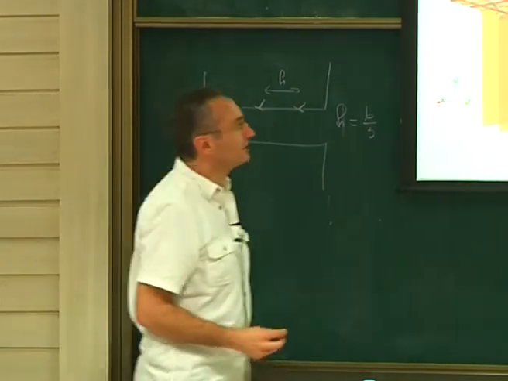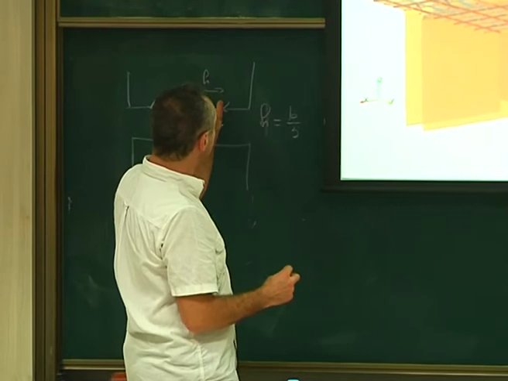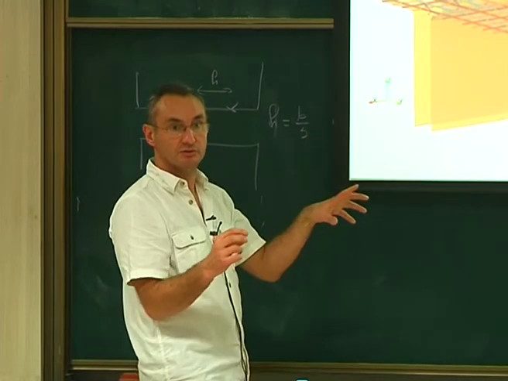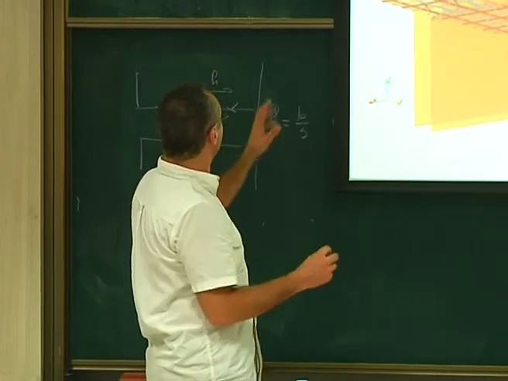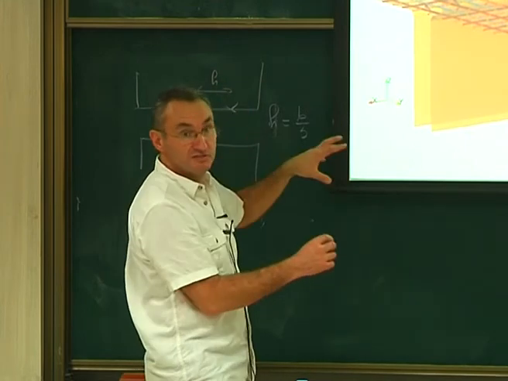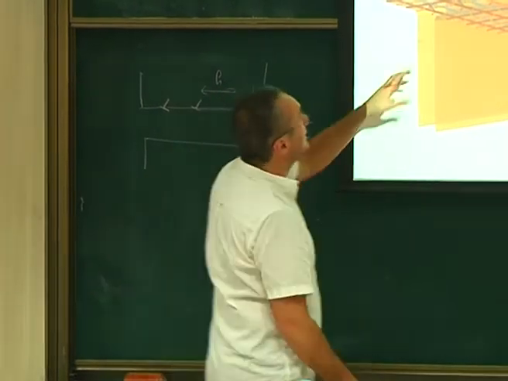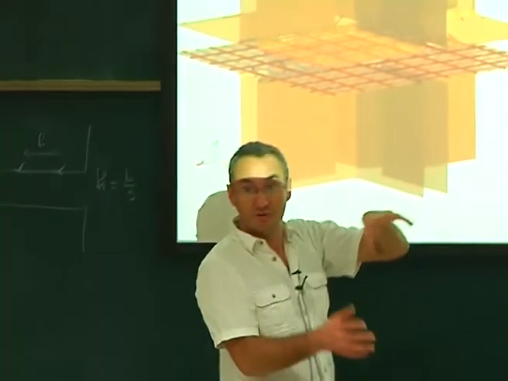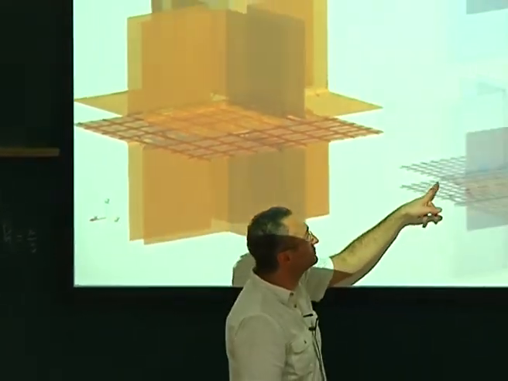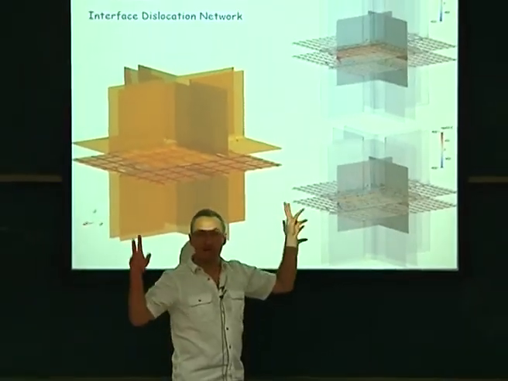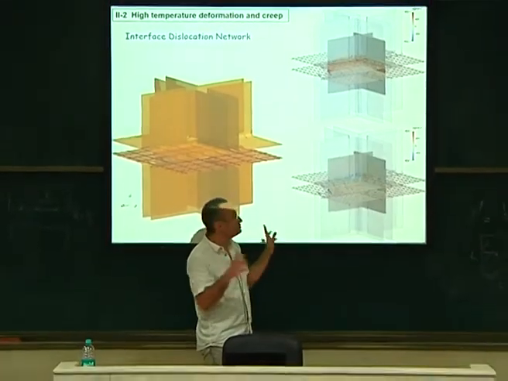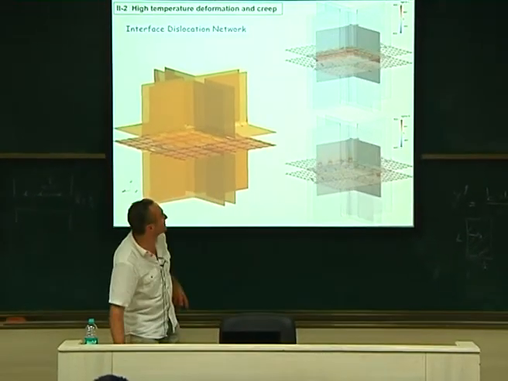Yeah. Okay. So you put so many dislocations in order to accommodate your mismatch, your misfit strain, so that you have no more misfit between the two. So this is what we did here. I put as many dislocations as needed to compensate exactly the misfit, and I compute in that, as you say, ideal network. This is not dynamic; it's just a static study. I compute the stress tensors.